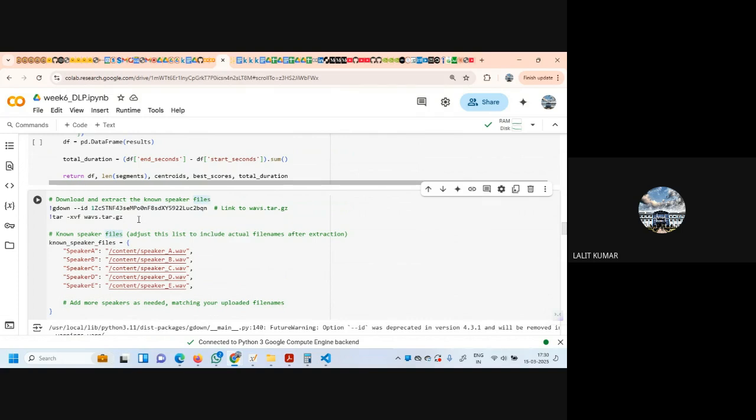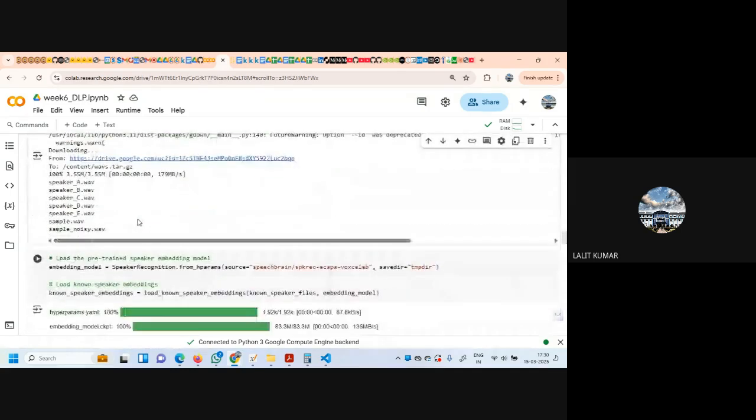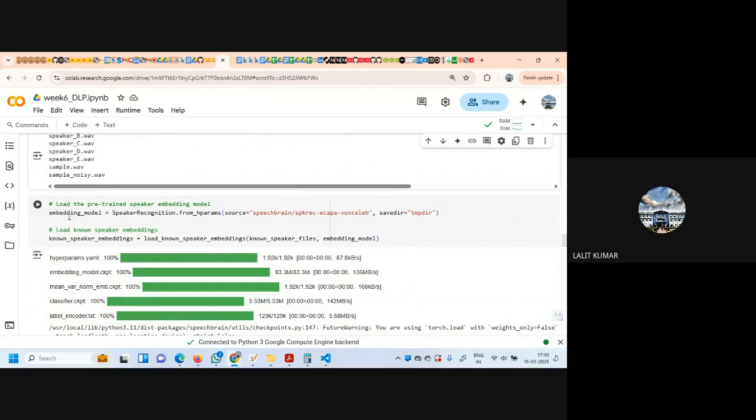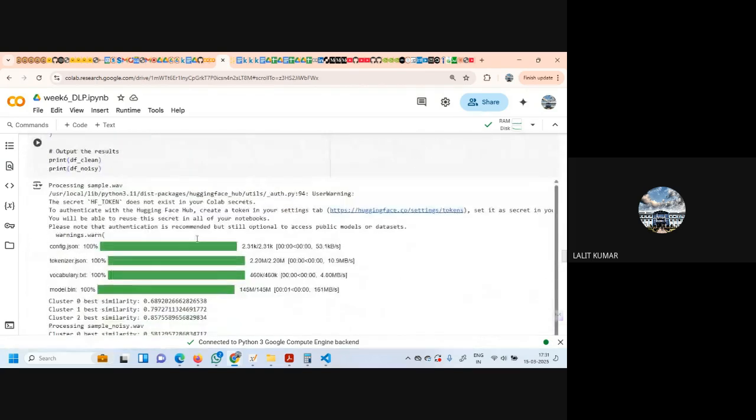If we have a wav file and we have to convert it to MP3 with a sampling rate, we pass first the input, then the sampling rate, and then the output. And here we are defining the embedding model, and from this we are getting the known speaker embeddings by that function which we have defined.